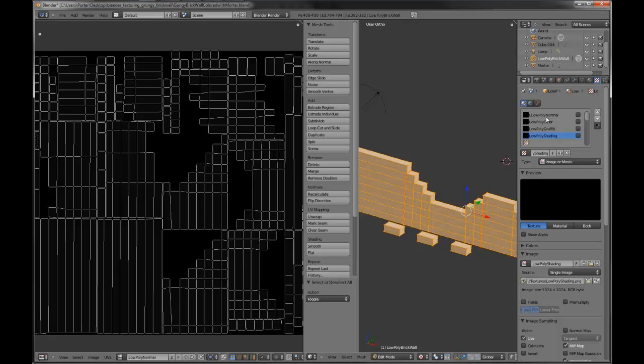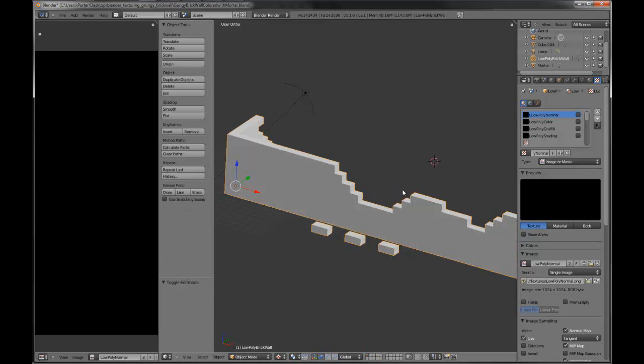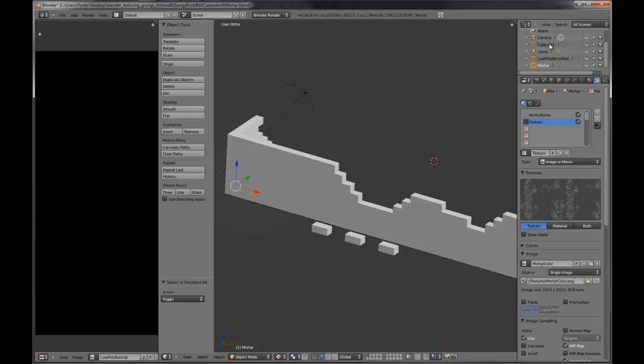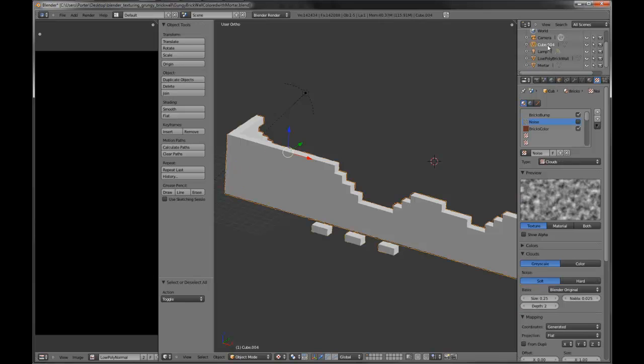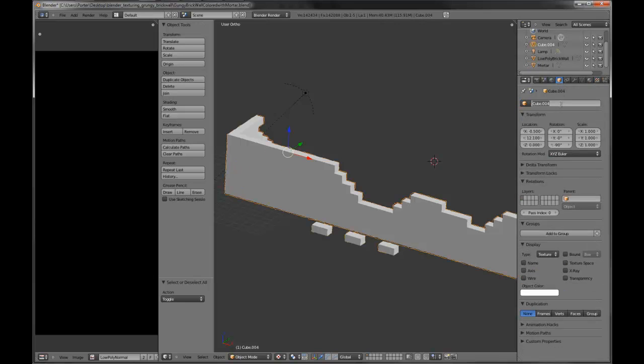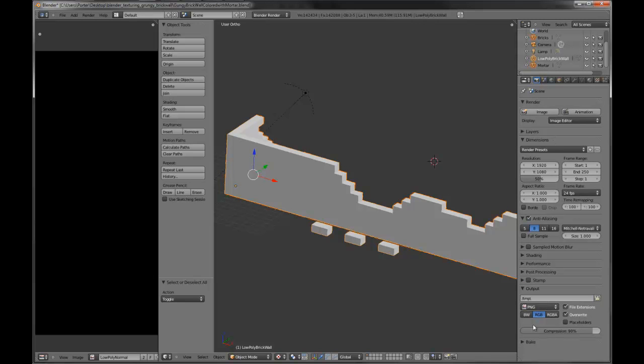It doesn't matter which one of these you have selected, it's purely what image is open in the UV image editor. Second, when you want to bake, you must select what you're baking from first, and then what you're baking to last. So we're going to be selecting the mortar, shift select the cube, which I'm actually going to change the name right now. When we merged all those, it changed it from bricks to cube.004, so I'm changing that back to bricks. So select the mortar, shift select bricks, shift select the low poly bricks, and then in the scene, there's a bake